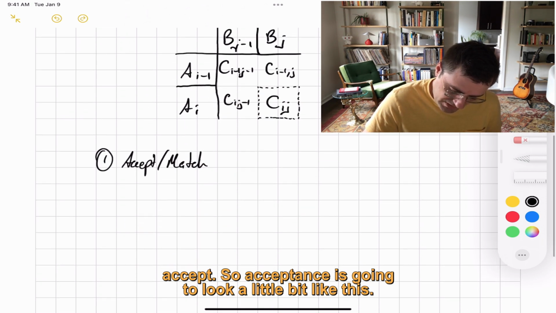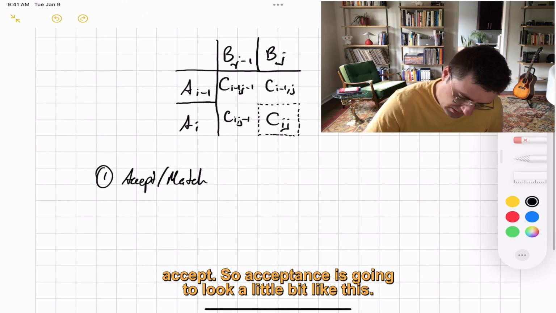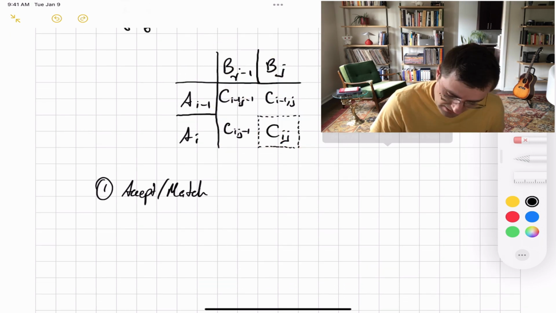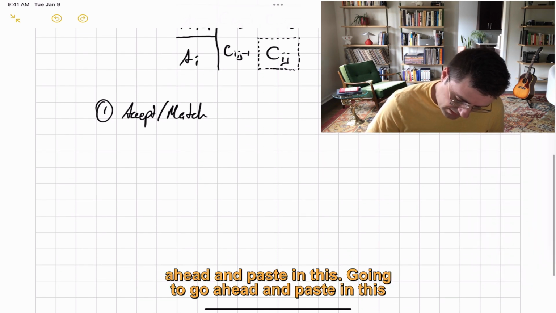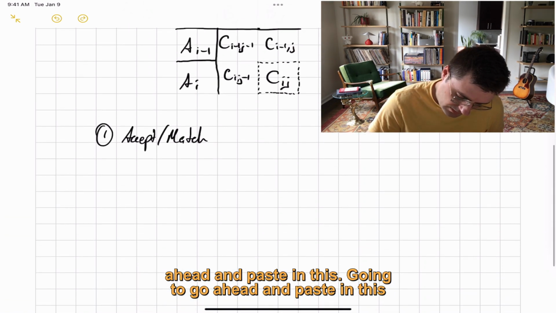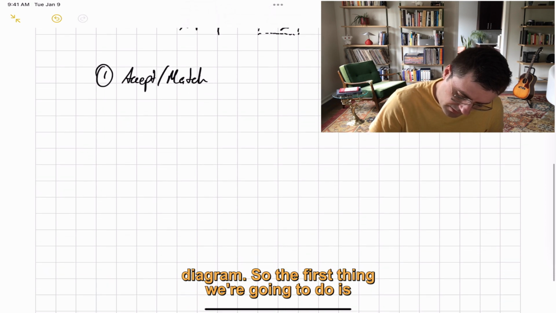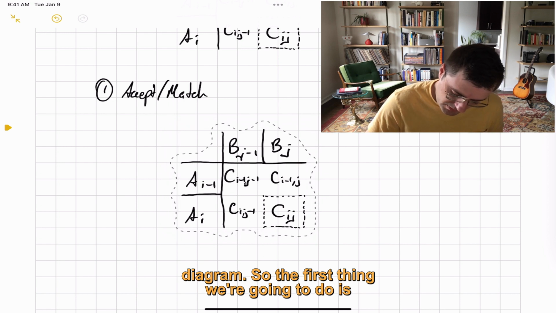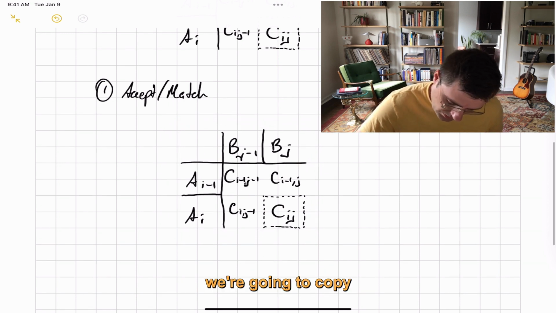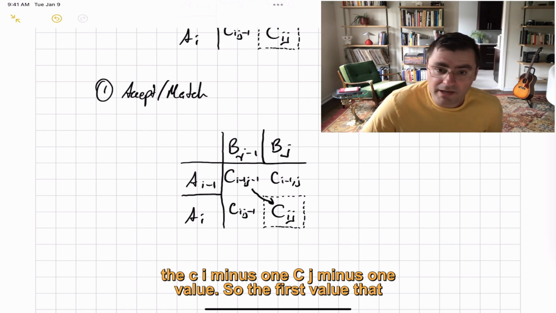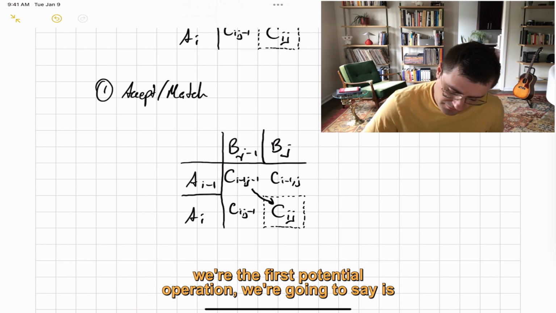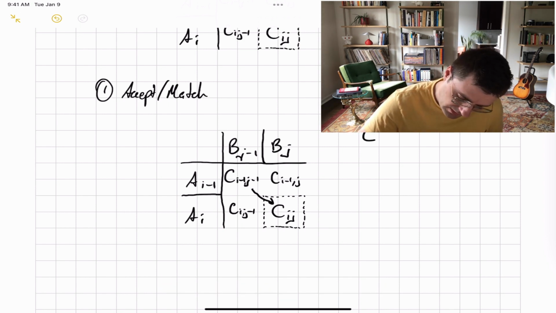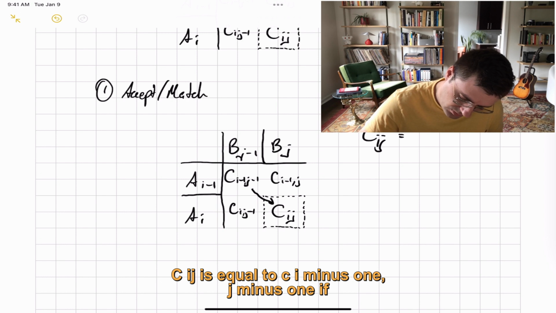So acceptance is going to look a little bit like this. I'm going to go ahead and paste in this diagram. The first thing we're going to do is copy the C i minus 1, j minus 1 value. So the first potential operation we're going to say is C i j is equal to C i minus 1, j minus 1 if